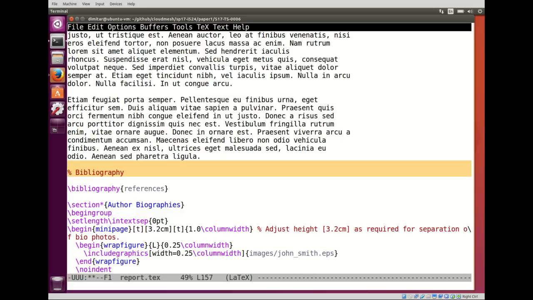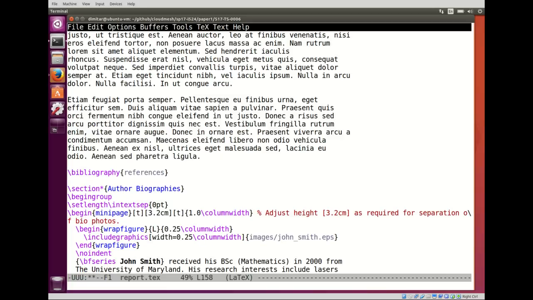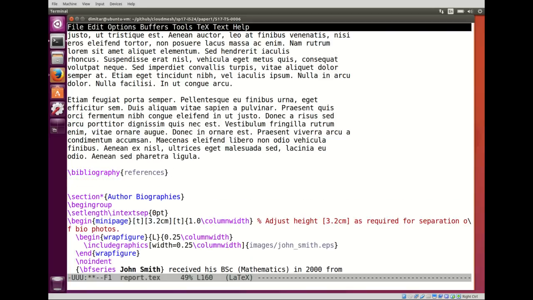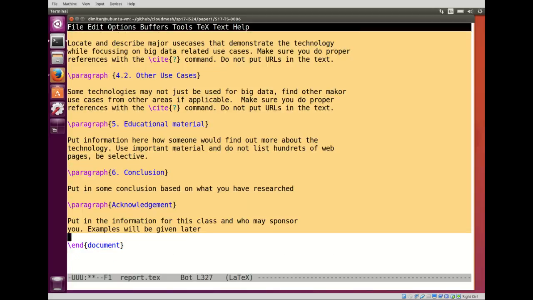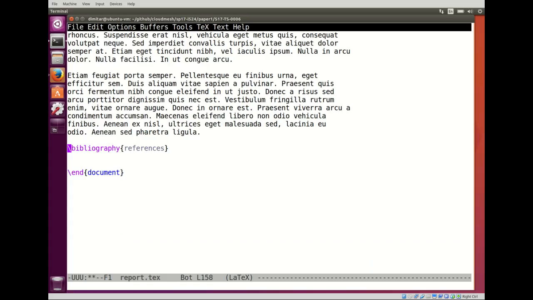This is just a comment, I can delete it, but this bibliography command is actually what tells LaTeX that references.bib is where all of our references are stored. And then I can delete everything that comes after that, like the author biographies, and just leave the end document